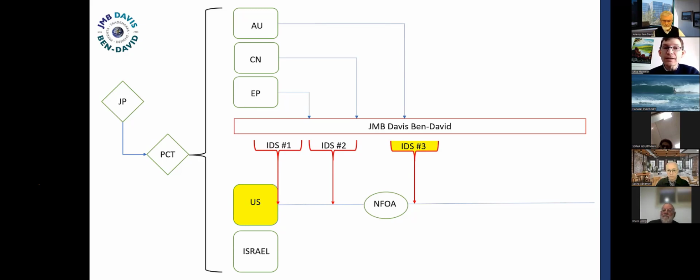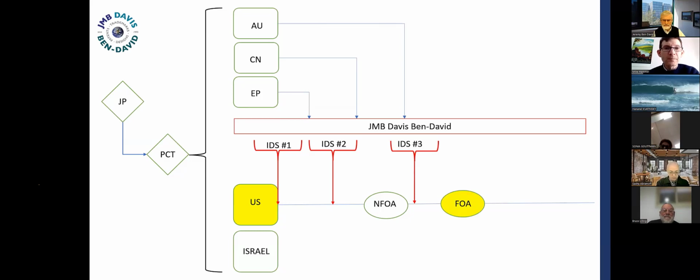So if, say, you file this IDS number 3 and it's more than 3 months after the search report from the Chinese Patent Office, even though it's less than 3 months after the issue of the search report from the Australian Patent Office, you still do need to pay the fee because at least some of the documents listed on it are more than 3 months old.